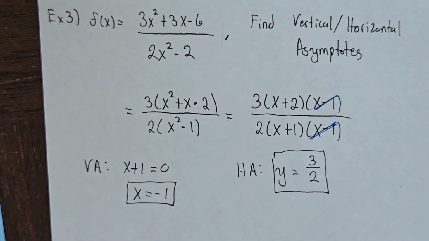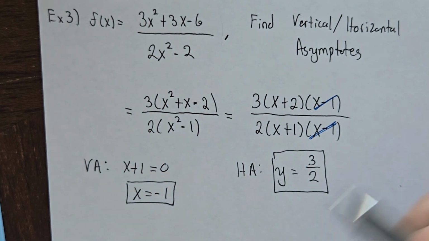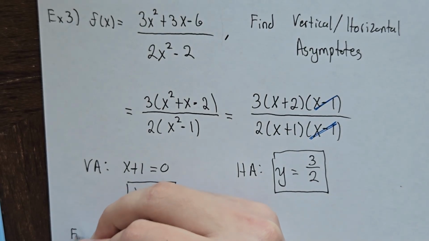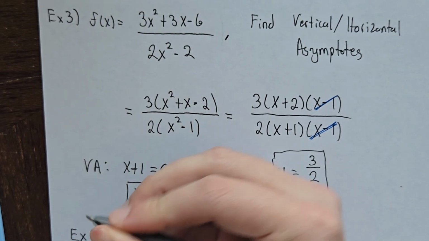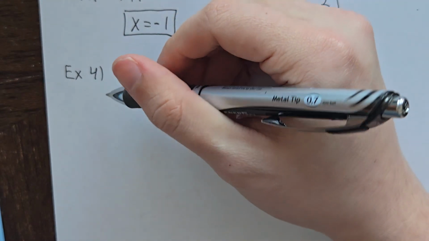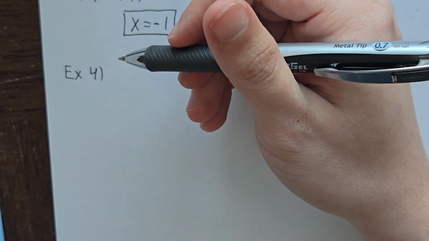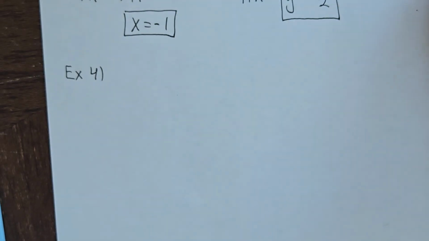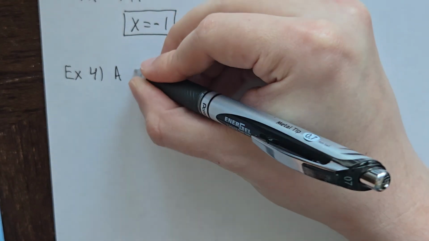Apologies for that. Let's look at one more example in this section real quick, and then we'll be done for the day. I'll do example 4. I'll bump this up for us right here. Example 4, I'm going to write a little bit from the text, unfortunately. Again, it's a word problem, and I haven't given you all the notes, so I'm going to go ahead and copy it down. It says, a company